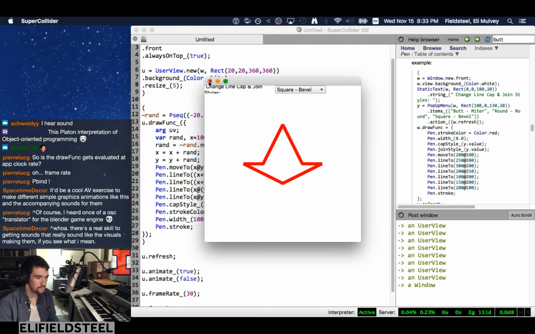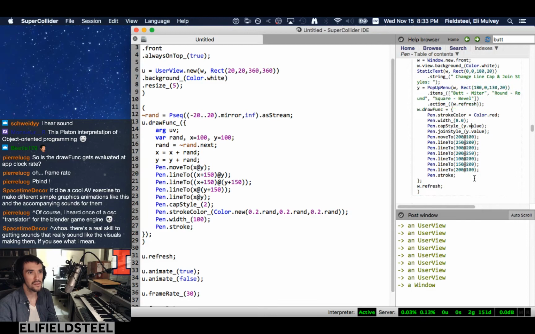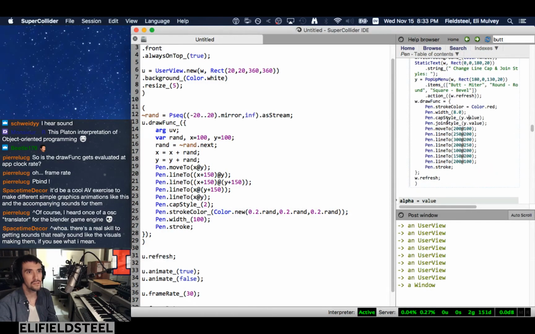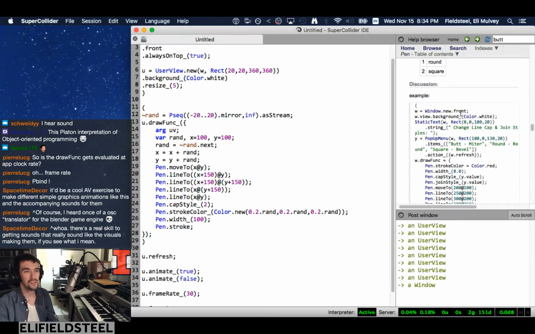Huh. I am not sure why. Did I spell that right? Is it lowercase s? No, it's capital S. I don't know. Well, maybe it's just because they're all right angles. It doesn't change. Well, and .capStyle. I'll have to think about that some more. I'm not sure why that isn't working. But,